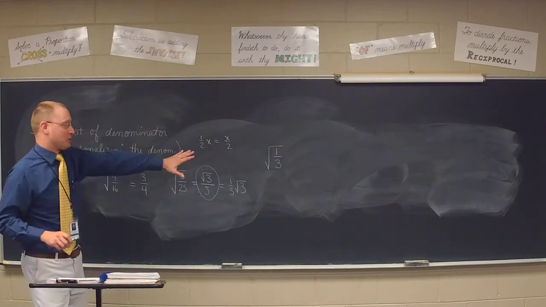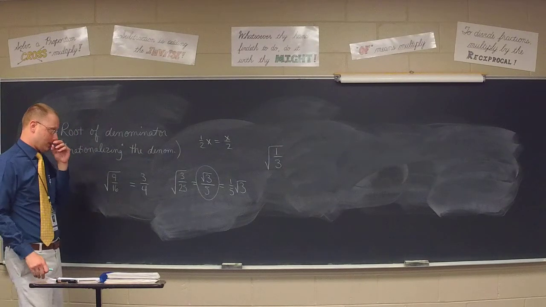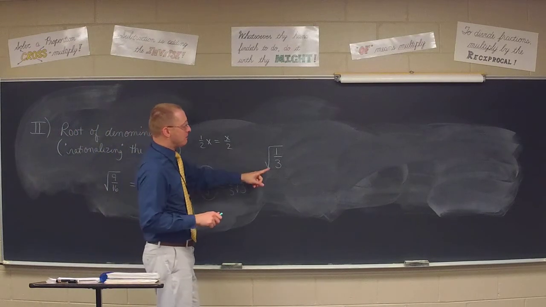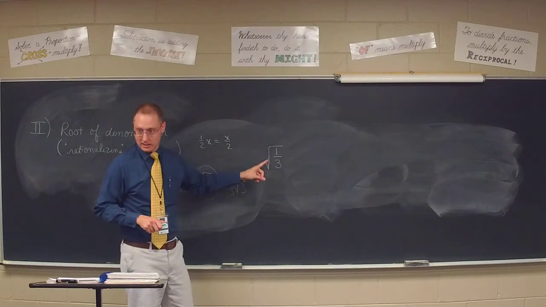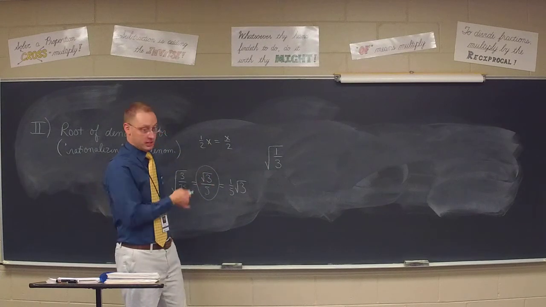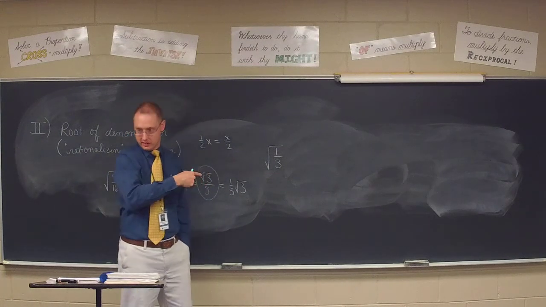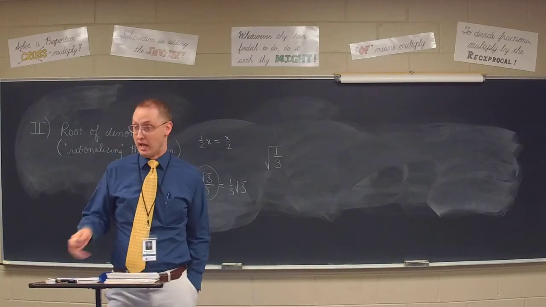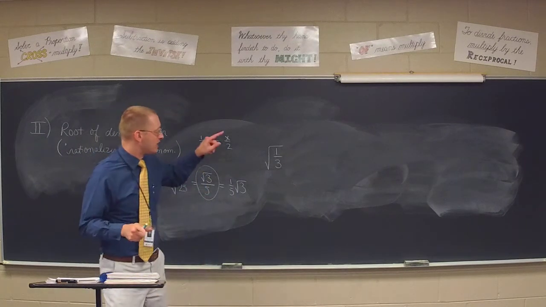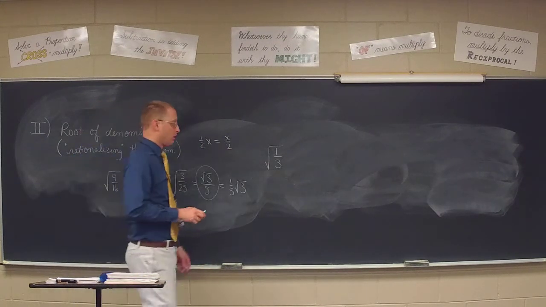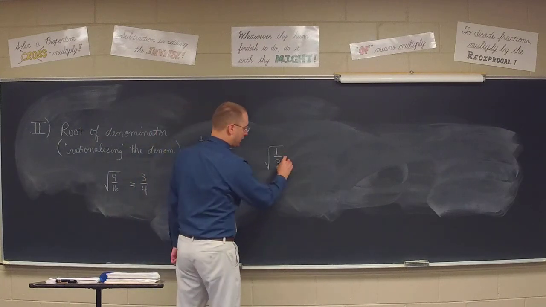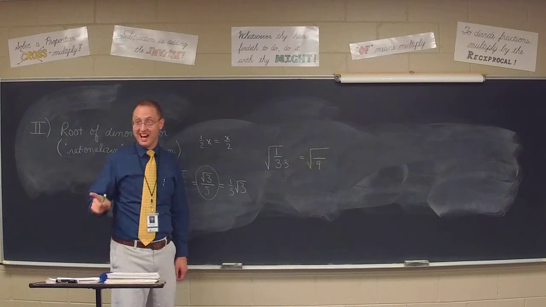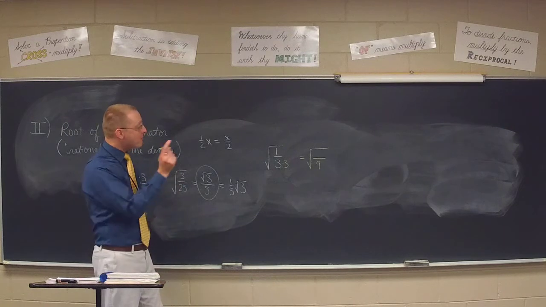Well, what we're going to do, we look at this and we're like, I have to take the square root of 3, but you can't do it. So we're going to take a hammer. We're going to make it fit, all right? We're going to make this work. I'm going to manipulate this until it becomes something I can take the square root of. 3 is no good. So I'm going to force it to become something it isn't. What's a number we can take the square root of, class? 9. I can take the square root of 9. Is there a way to force a 3 to become a 9? Sure. Multiply it by 3. And all of a sudden now, my denominator's not a 3 anymore, is it? It's a 9, and I can take the square root of that. I'm going to make it work. However,